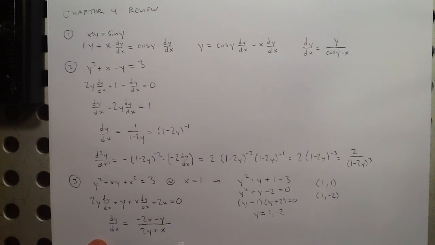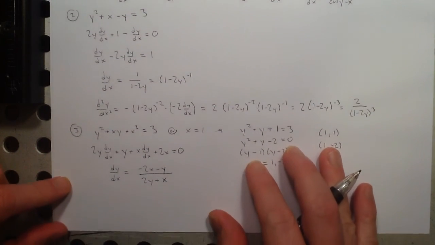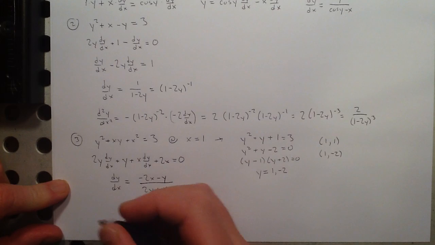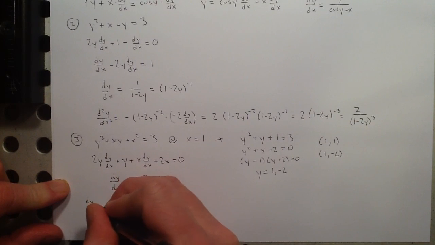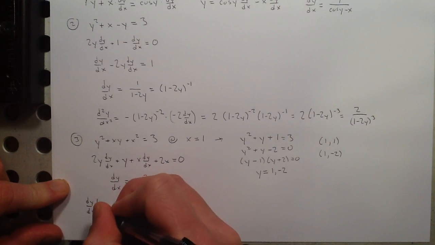Now I need to find the slopes at each of these 2 points. So I'm going to borrow the notation that our book uses sometimes. So dy dx at the point